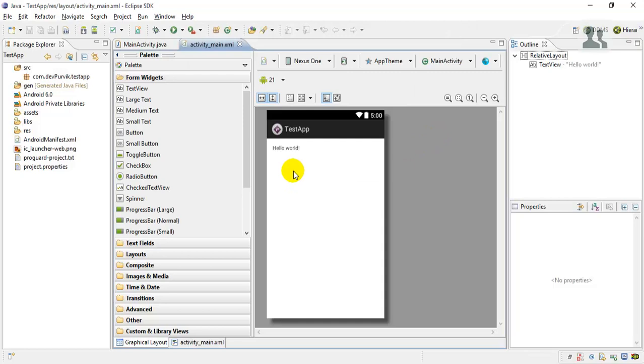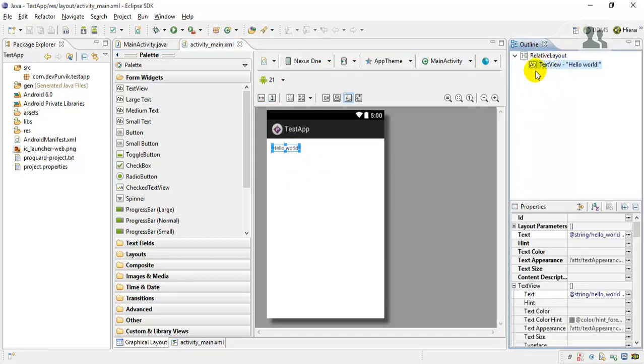So this is the default application layout that has been created. It already shows the Hello World text displayed on the activity screen. This is the default screen layout, or you can say one activity, where the relative layout is there and the text view has been put on the relative layout for displaying the text Hello World. We will talk about these things and the palettes in another video.